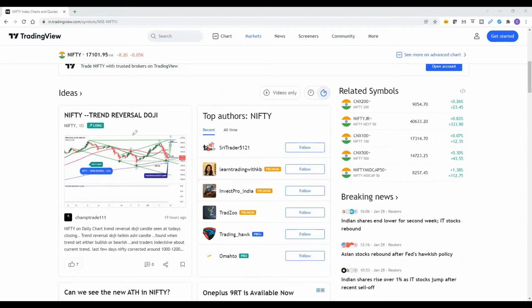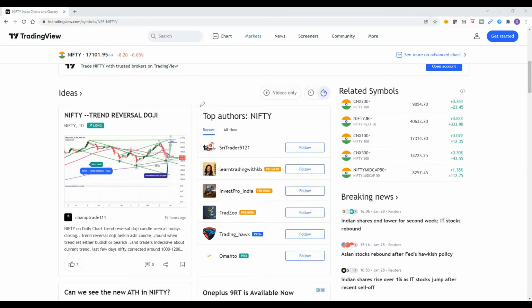So we can also understand somebody's views and their ideas, what they think about Nifty, or if it is a stock, what they are thinking about the stock. We can also see the top authors for Nifty who are thinking about the direction and details.